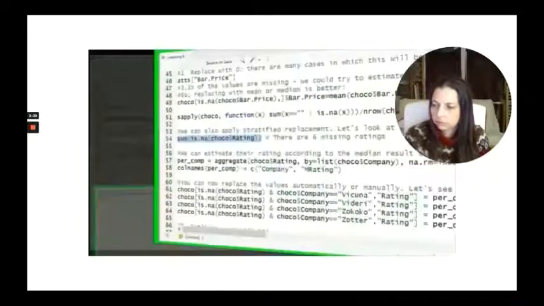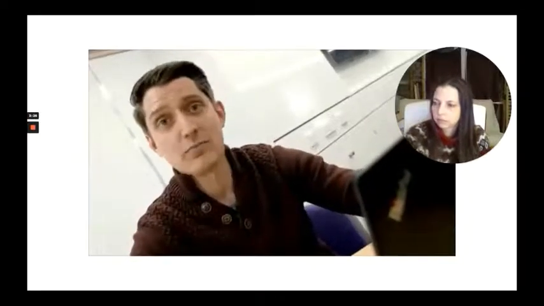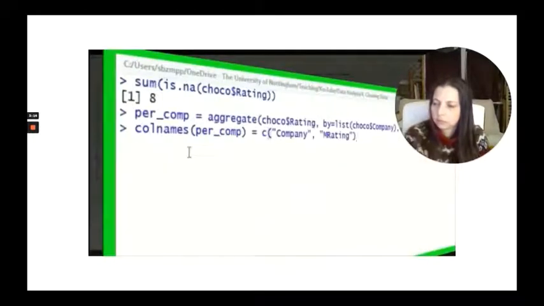an average over everything. So what we're going to do is calculate an aggregate function over the ratings by company, and we're going to calculate a median. Median is a little bit more robust to outliers. So maybe you make up the very, very expensive or very, very cheap line. The median will get what the middle value is. Right? So this is going to be per company, and we can set the columns to be a little bit more helpful using col names.